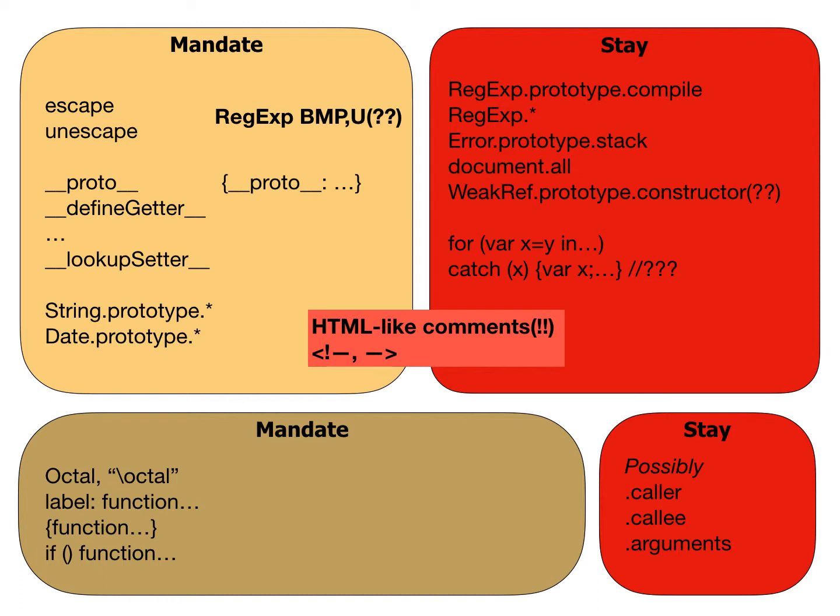There's these things that we've never codified that are part of de facto standard JavaScript, which is sloppy caller, callee, and arguments. For a while, we had codified the strict poisoning of them in order to flush them out of the ecosystem. They got flushed out of the ecosystem to the point that we've been relaxing the poisoning. But as far as I know, everybody who implements sloppy mode continues to implement those. So I think they should be codified, but I think they should continue to be in Annex B.